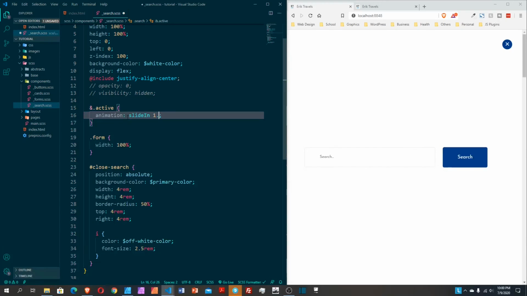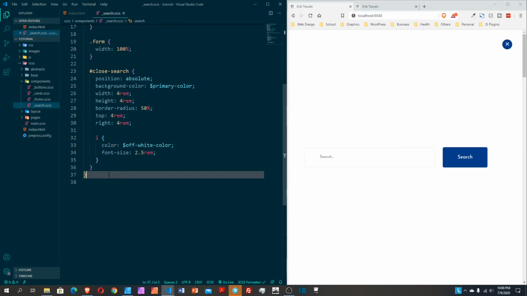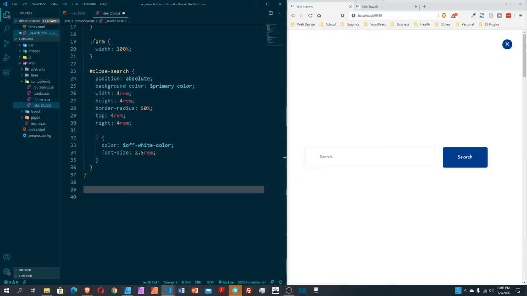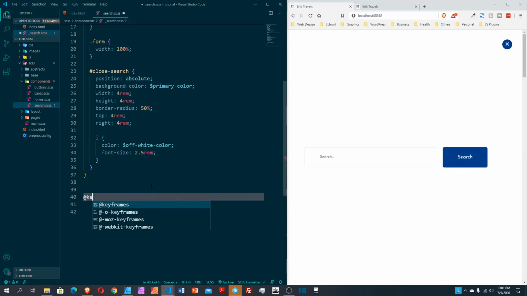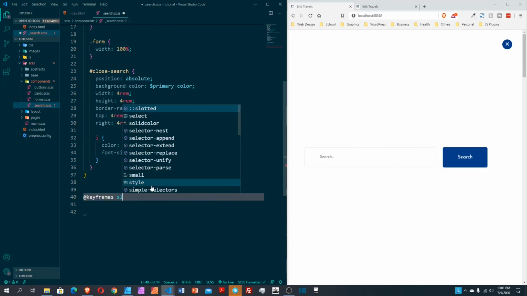So 1.5 second. Ease in, ease and out, another timing function, and forwards. So it's gonna stick where it is. I save this, nothing happens. So we have to define our keyframe right here. So I say at keyframe slide in,